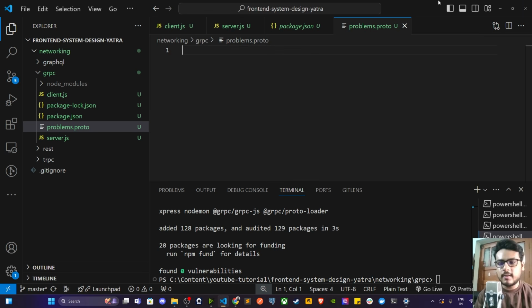Now this proto syntax is a little hard to understand at first, because you might not have written this before. The syntax is something like: you have to write syntax equals proto3. This is all just boilerplate, so you don't have to worry about it. This defines which proto version you are using, followed by your schema. If you remember TypeScript, in TypeScript we create interface. So in proto we create message